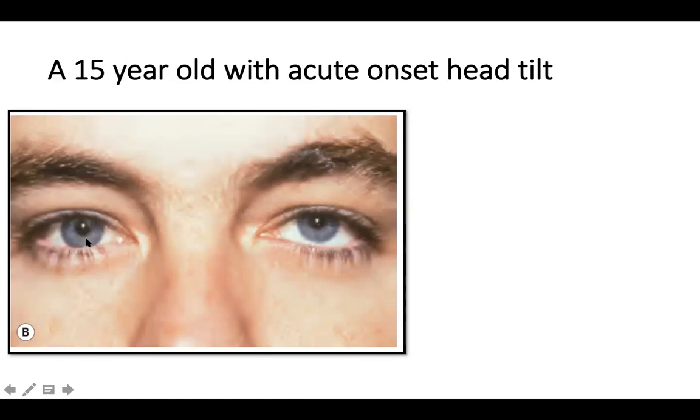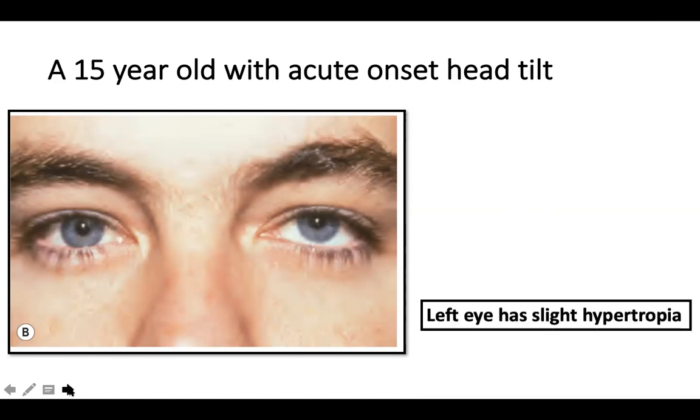There is no restriction on lateral gaze. There is no restriction on medial gaze, okay. There is no restriction on up gaze, but there is a restriction on down gaze, on looking towards the opposite side. In this child, there was difficulty of the eyes to move downwards and to the right, the left eye to move downwards and to the right. So there was a restriction to the right side of the gaze, and looking down, the diplopia also increased. So can you guess where could be the lesion?